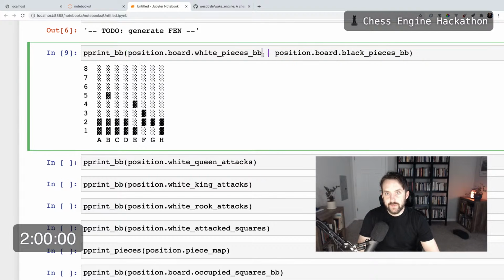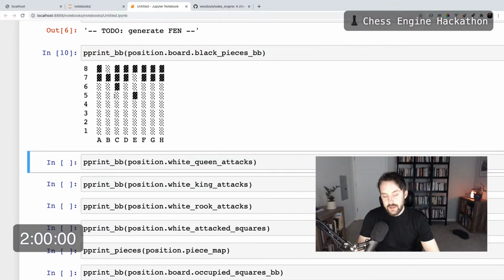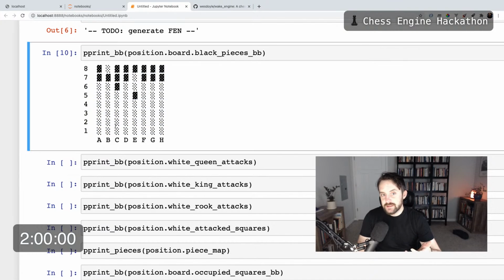And if we were to look at the black pieces alone, we would see just the black pieces. And so as a binary string, this would just be 64 digits, a 0 everywhere there's an empty square and a 1 everywhere that there is an occupied square. So there are some properties on board that we can take a look at that are just basically syntactic sugar or getters over some logical combination of existing data. So we have